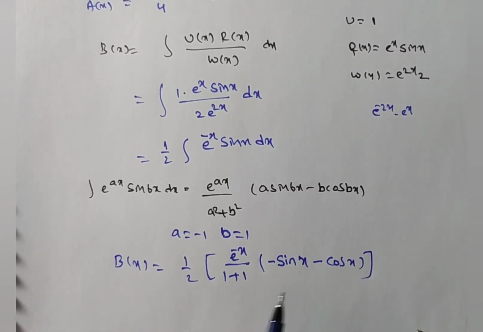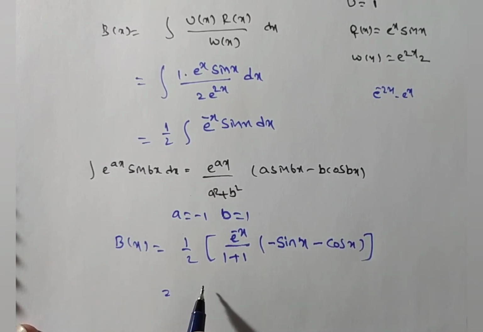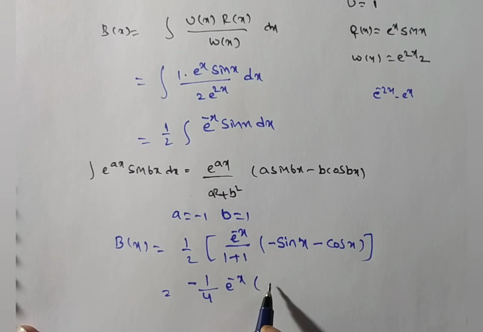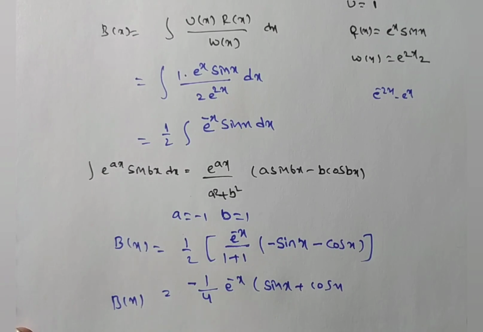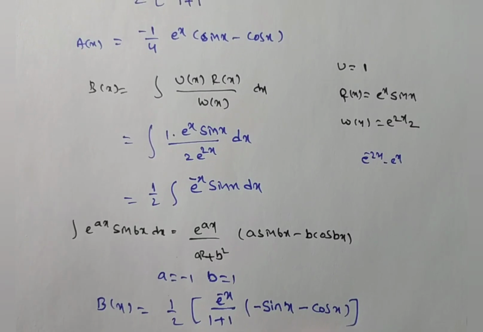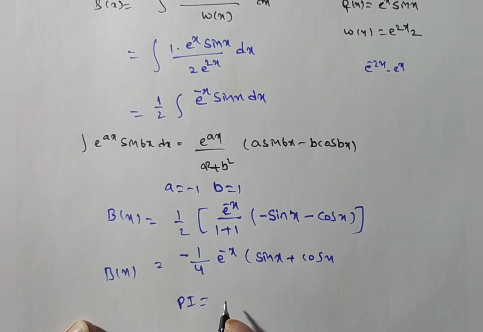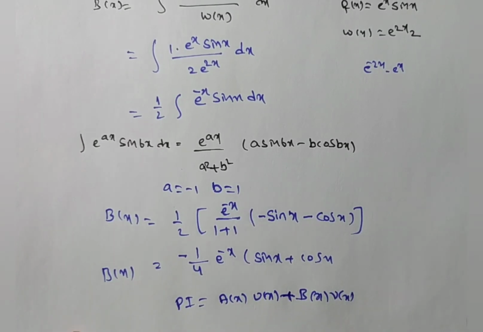Okay. Now you simplify this, then we will have b of x is, here you have both negative terms, so the negative sign you can write outside, minus 1 by 1 plus 1 means 2, 2 times 2 is 4. Minus 1 by 4 into e power minus x into sin x plus cos x. So now you have the b of x value, and previously we got which value? The a of x value. So this a of x value and b of x value you substitute in the particular integral. Particular integral we have a of x into u of x plus b of x into v of x. Yes or no? Now you substitute, then we will have,